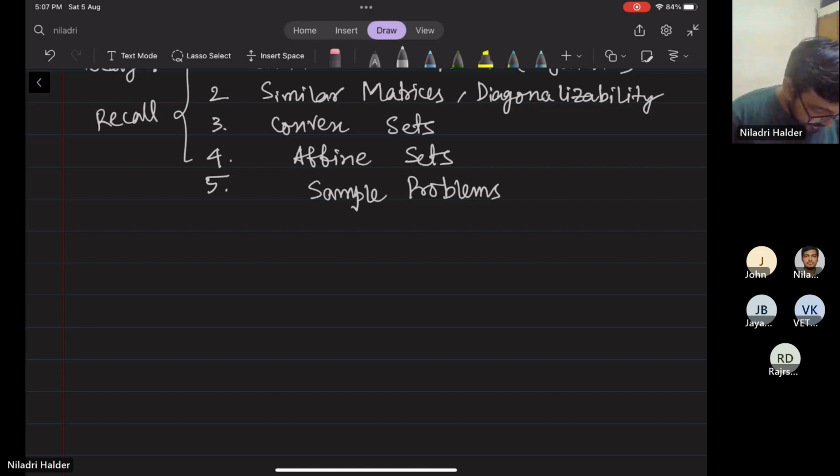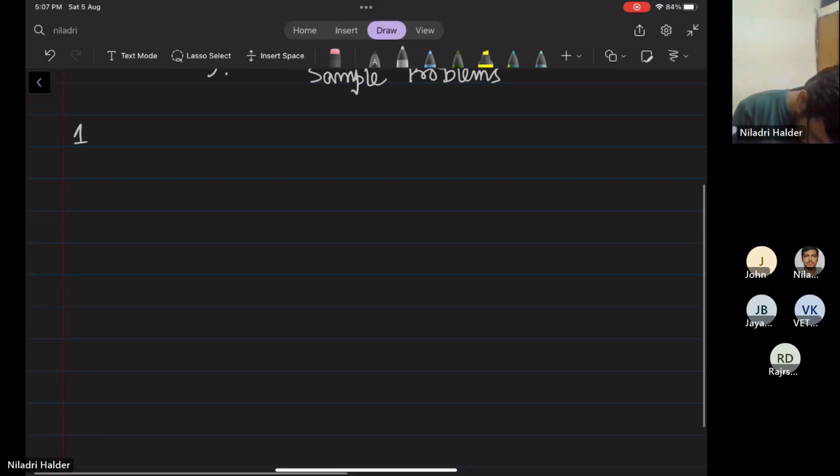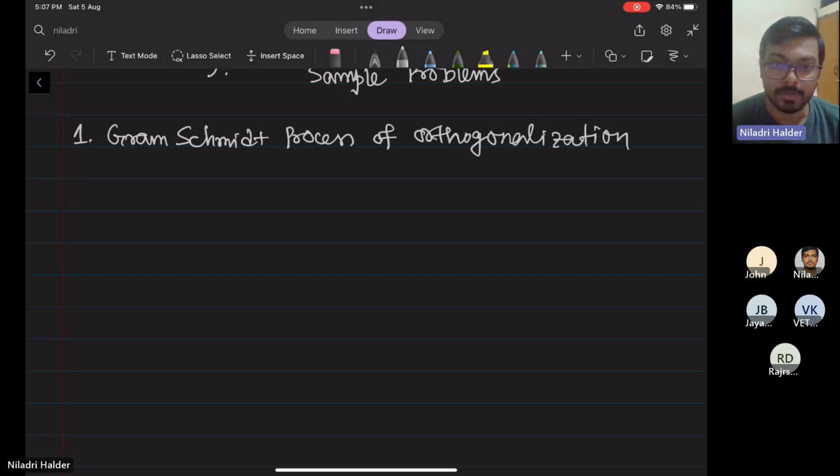Okay, thank you. So first of all, we'll revise the Gram-Schmidt process of orthogonalization. In the case of the Gram-Schmidt orthogonalization process, we'll convert n number of linearly independent vectors to n number of orthogonal vectors. Okay, so it's an algorithm. So suppose inputs are